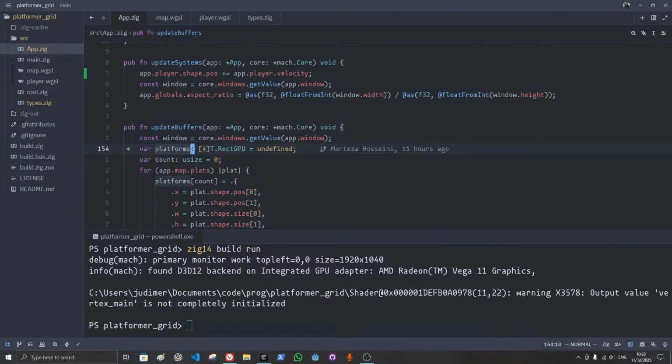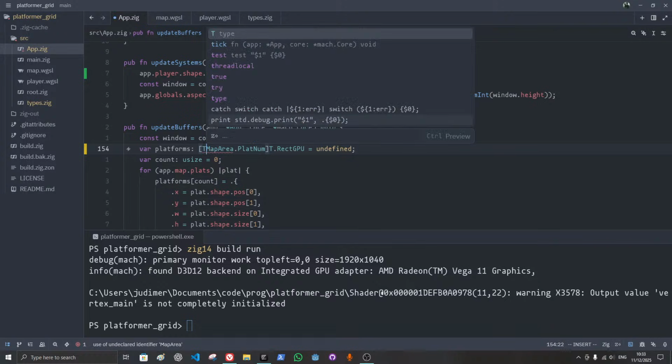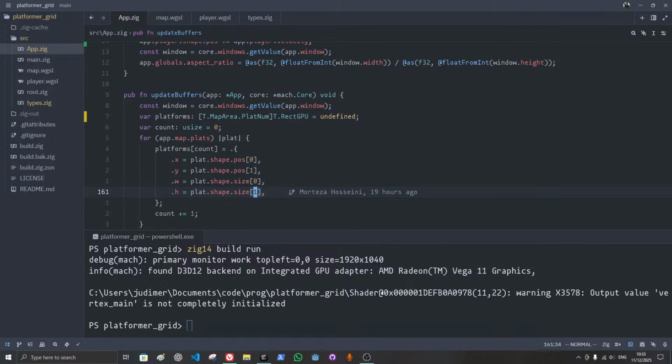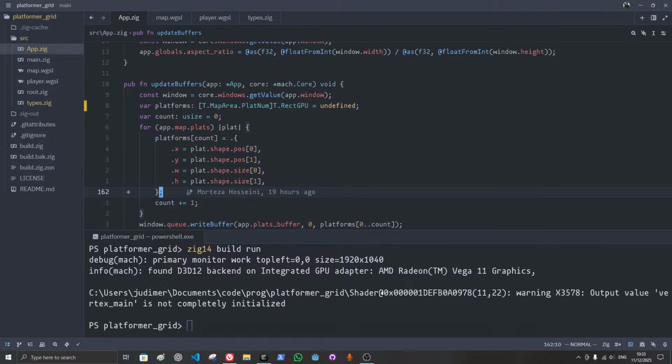Okay, here. It should be map area. Declared identifier map area. t.map area platform number. Well, that's okay. Now I need to fix the movement,